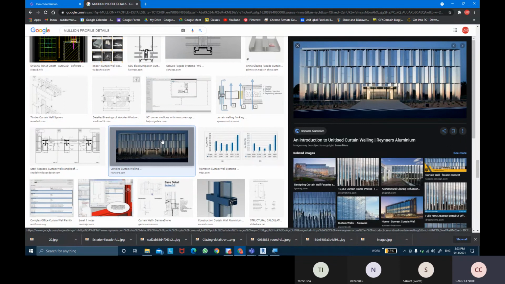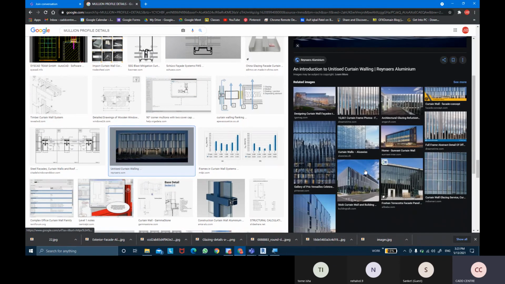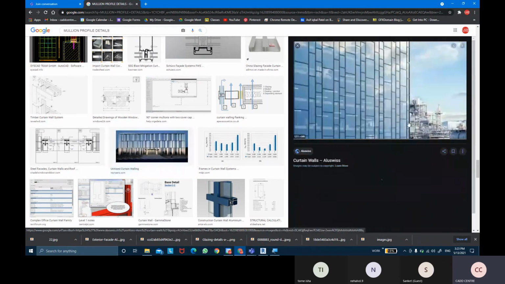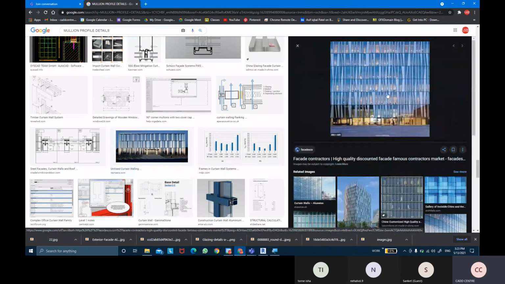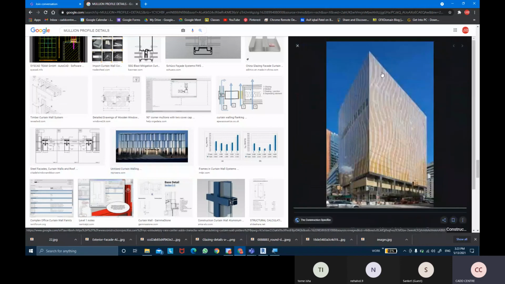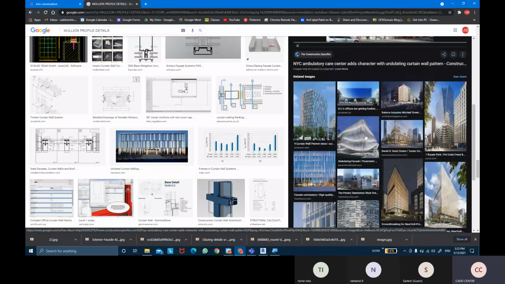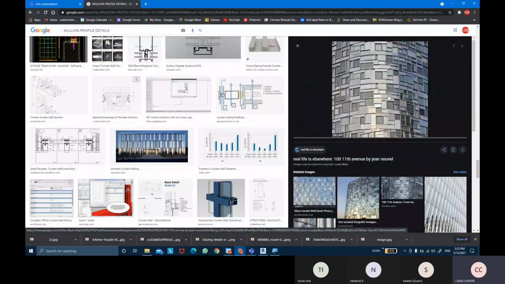So we could go ahead and see what else we can add with these curtain walls. Nowadays we have curtain walls with different facade details as well. You have very different patterns coming up, or a little bit of 3D type as well, something coming forward. Here we go, you can see you can have different shapes in the curtain walls. So how do we create these kinds of shapes in curtain walls itself? We're going to look into that. These are all parametric curtain walls, so in one click you can change the formation and the types and everything. We're going to learn about the parametric creation process as well.